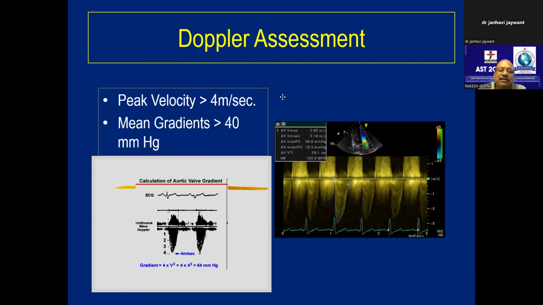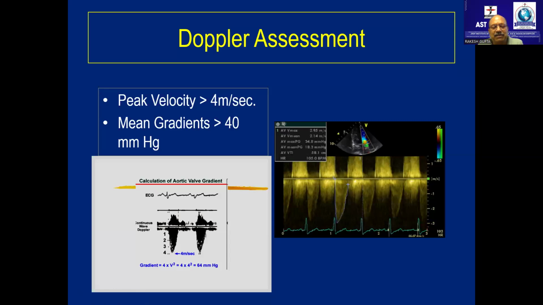Sir, only in case of aortic stenosis? Only in case of aortic stenosis. In normal circumstances, whether pulse wave or continuous wave Doppler, it will be almost the same because there's no stenosis. Whatever blood goes through the LVOT has to pass through the aortic valve. The doors are wide open. Sir, if your aortic valve is normal, then you can use pulse wave at both sites. You can. You should.